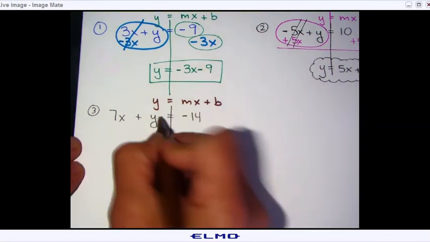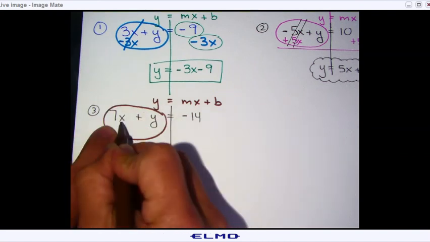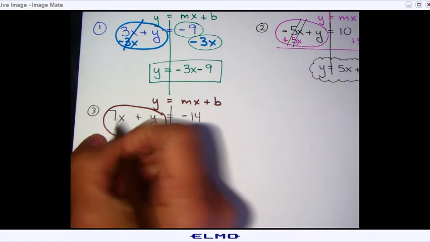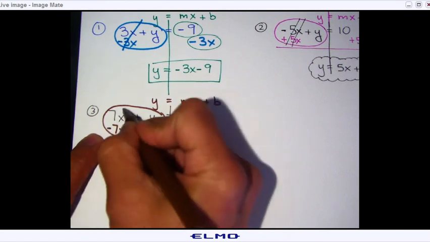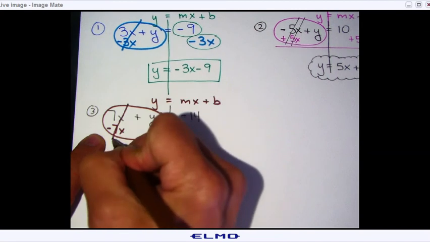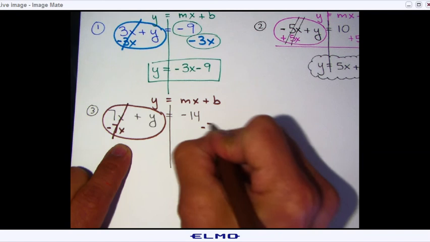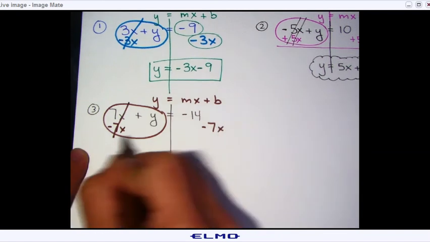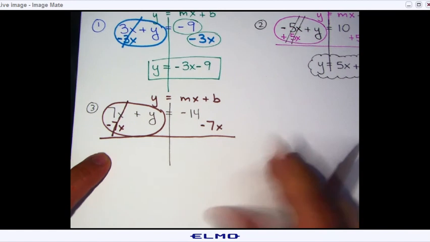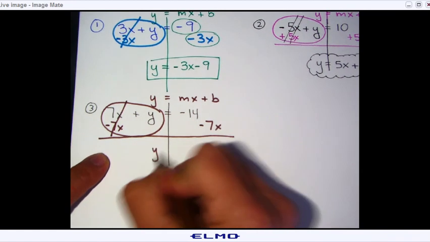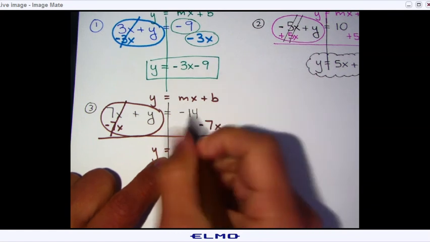Okay, so now let's go ahead and decide. I have the 7x, I got to get rid of it. So I'm going to put minus 7x, because 7x take away 7x is 0. And then what I do on one side, I got to do to the other. Then I usually draw a line just to make it look nice. And then y equals mx goes first, so negative 7x